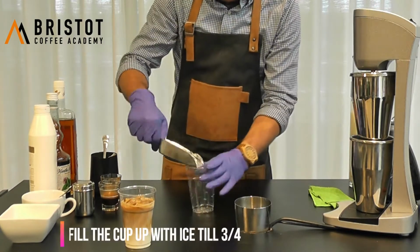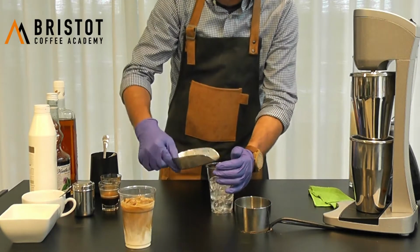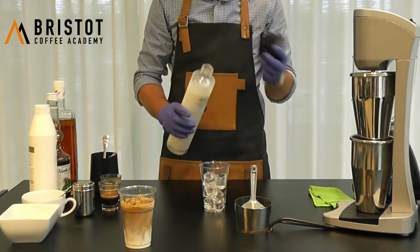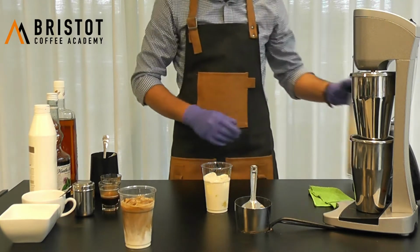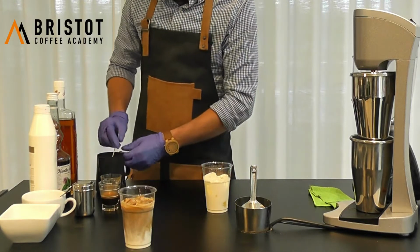Fill up the glass with ice cubes. So this level again. Some milk. Again, you can use soy milk, almond milk, every single type of milk. Now,